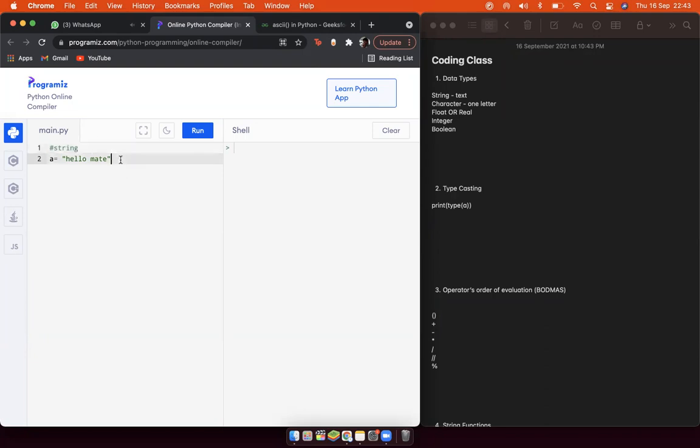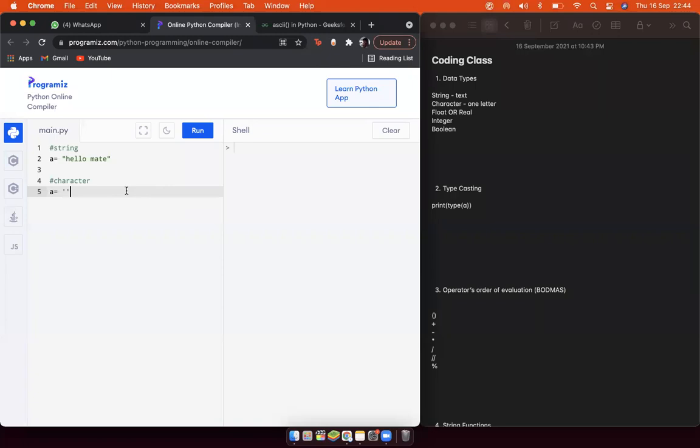So for a string, it would be something like this. For a character, this would be a equals b. That's a character. This can also be a equals this or this or this. All of these are characters as long as it is just one thing, right? Give me a second, guys.